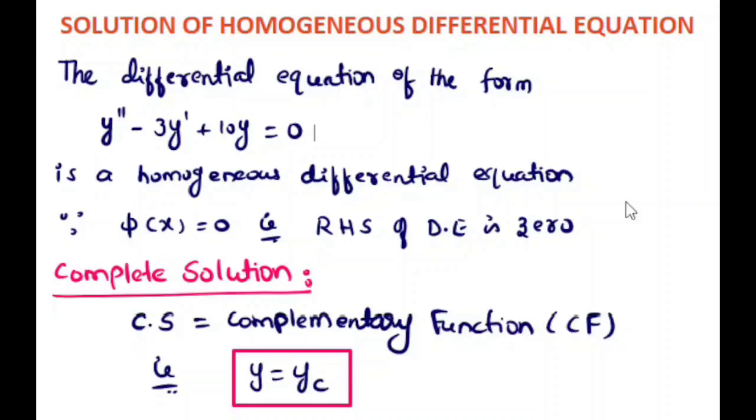So, today we are discussing class number 2 for the differential equations. We have discussed in the last class how to find the complementary function. You can go and watch the complete video so that you can solve homogeneous as well as non-homogeneous problems